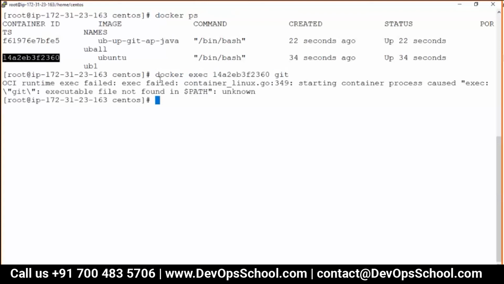Here we have git. So guys, so easy, so effective a way to create images. Any questions so far? You guys have got it? Any questions so far?